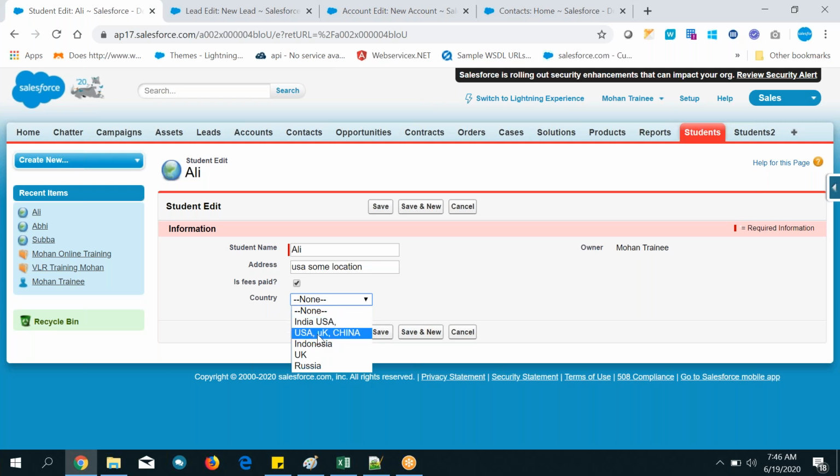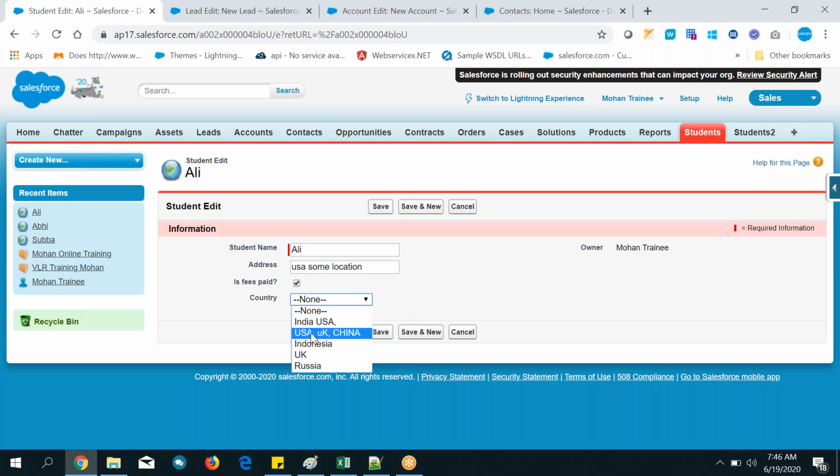So India, USA, see here in the first line, second line, it is third, fourth, fifth. I told you, right, what you add in a single line will be added as a single value. These are called values, value 1, 2, 3, 4, like that. And this is the order I have given, so the same order is displayed here also.